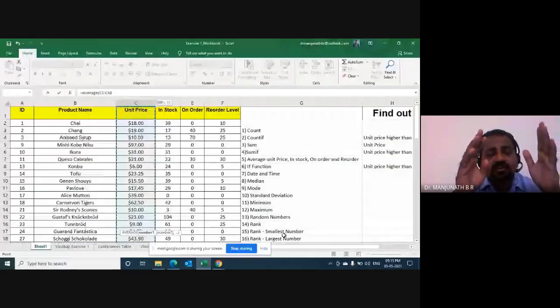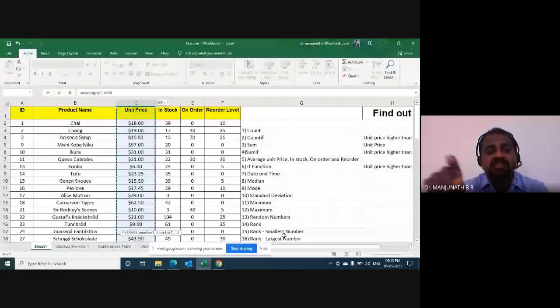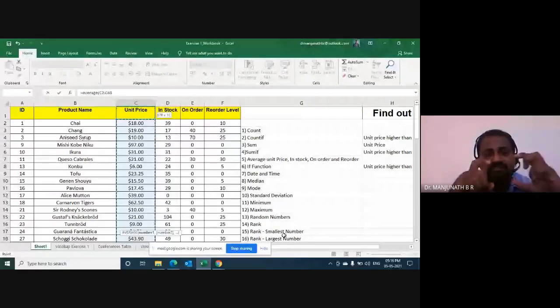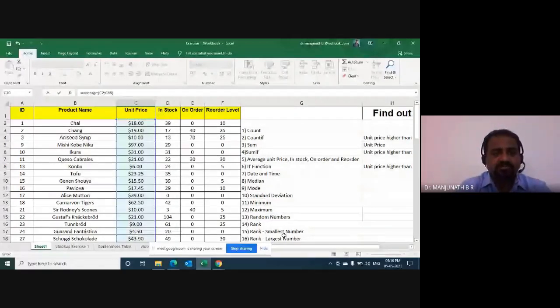It has selected the entire column, but I don't want that unit price header cell, so I want to just bring it down. I'll press Shift and then down arrow key. Now you can see it is selecting the required range. Now Shift 0, which means close the bracket, and enter. So we got 28.52.